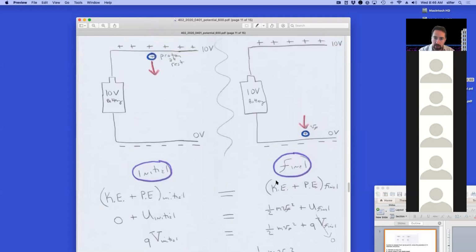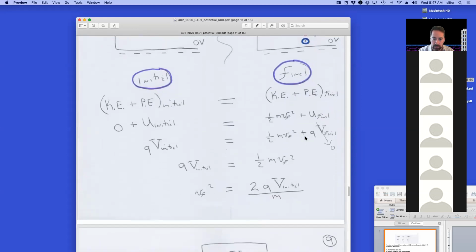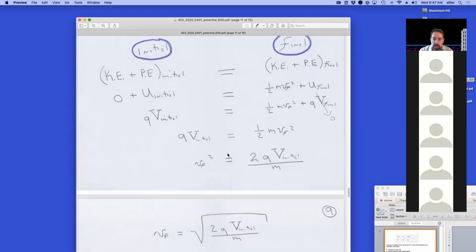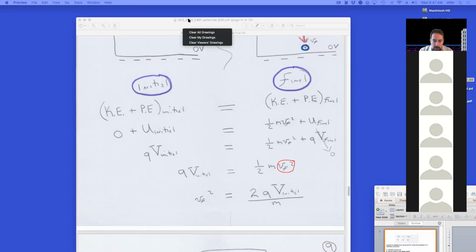In this process, all that potential energy that it had here is converted to all that kinetic energy that it has here. And again, doing this trick of solving for velocity, I'm solving for this guy right here, getting it on the left-hand side of the equation, putting everything else on the right-hand side of the equation,